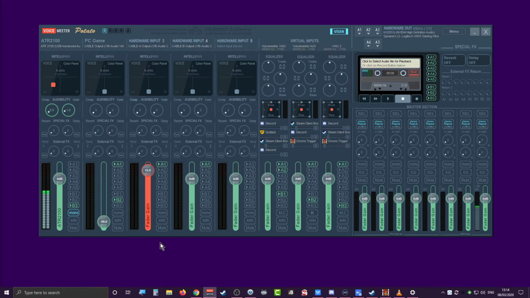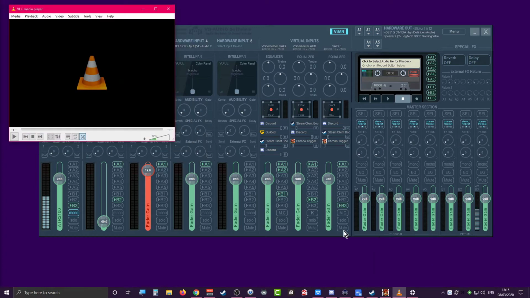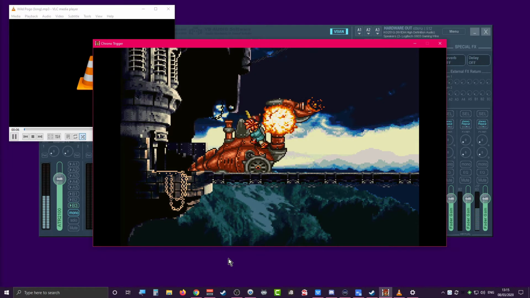So now that we have our audio going to the right location, we have a lot of control over that specific channel. We can play some music here in the default input for my desktop audio, but still be able to control the volume for the game on its own. This is the key to achieving our goal. So we have some music that we can be playing here, and you can see that playing in the default. Then we will also pull up our game. So we have our game